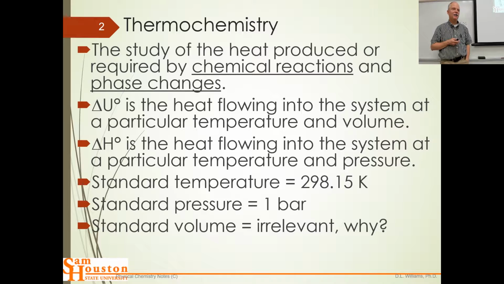Think of the ideal gas law. If we were to lock down the volume, we've got 4 variables: temperature, pressure, volume, and what's the 4th that we don't really think about much? Number of moles, right? So if we locked down 3 of the 4, we would lock down all 4. So we've got to have some degrees of freedom here. So we leave volume and moles to fluctuate with each other. Volume and moles are flexible, and the temperature and pressure is all we need to lock down.